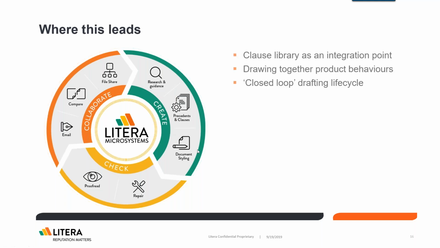Of course, in practice, you might not get all of those value benefits all at once, but it means we can weave together these different elements of Litera Desktop as a platform. It also means that we can have other products in our suite working in the language of this clause library. So why can't I proofread things that are saved in my clause library? Why can't I be automatically styling them if I find issues? And then closing that loop and bringing things forward.